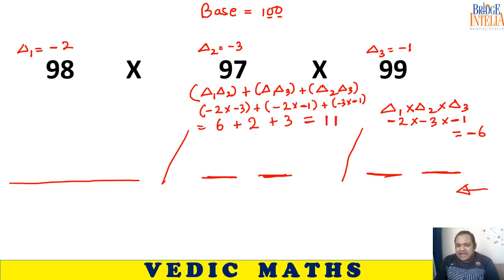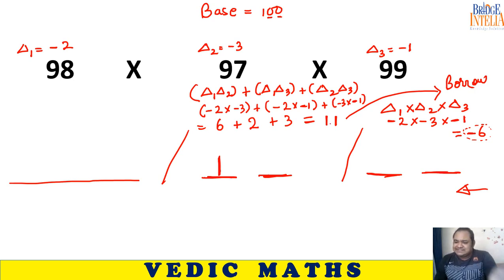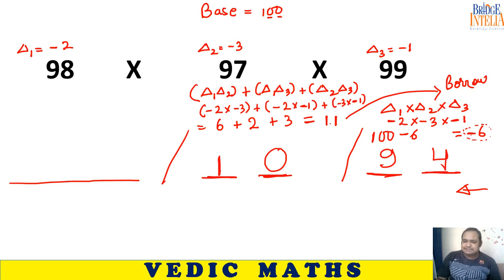11. So now we can take a borrow from here, because here is a negative number and I cannot write negative. So now the problem is solved. Now I am in a position to take a borrow. So I take a borrow from here. 11 becomes 10, because you have sent 1 to the other chamber. So write 10 here. Now you have sent 1 to the other chamber as borrow, so that 1 becomes 100. So 100 minus 6 is 94. So now the problem is solved. I can fill both these blank spaces with 94.